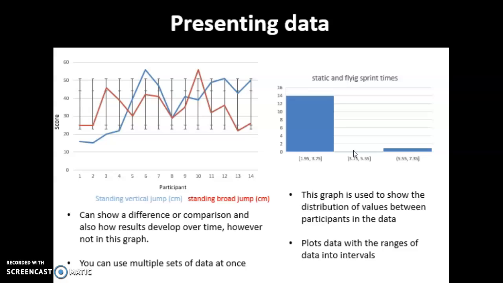So we can see here that what they were talking about was in this range of 1.95 to 3.75, 14 participants have basically scored between that range, and therefore this is why this bar is so much higher than this bar, because only one person scored in that range. And this is good for immediately seeing how the data varies, and if there was a wide spread of data. So, for example, in this test, we can see that there wasn't a wide spread of data, and most of the results came between 1.95 and 3.75. So it's good for